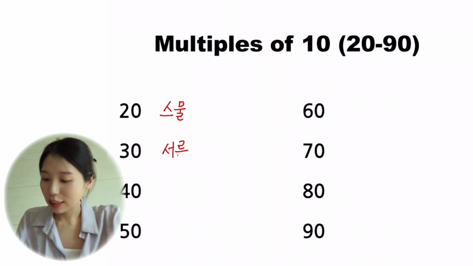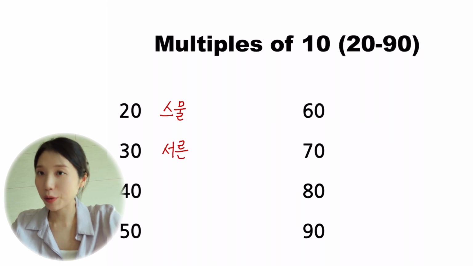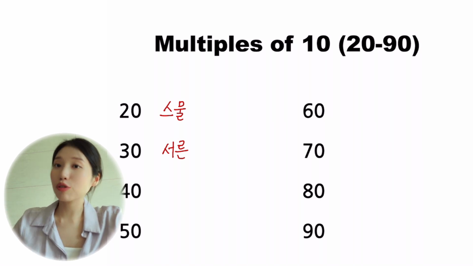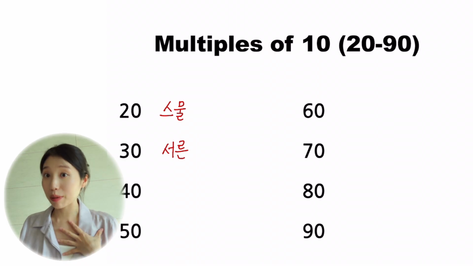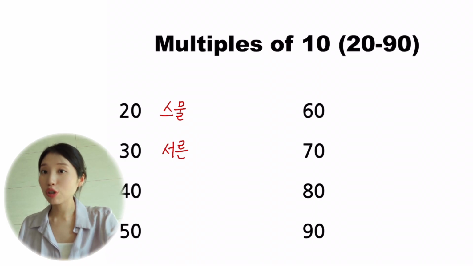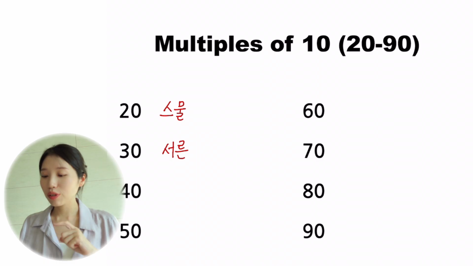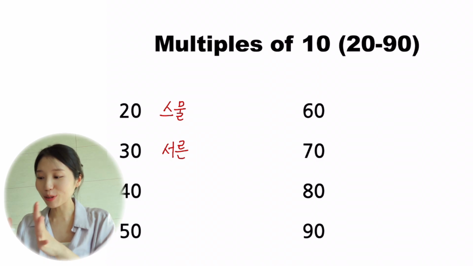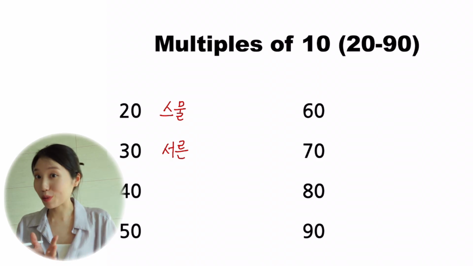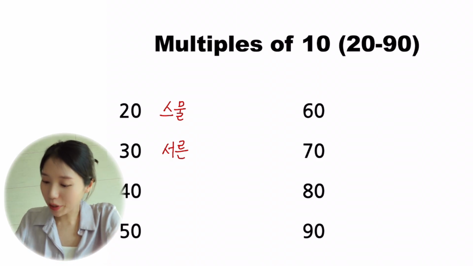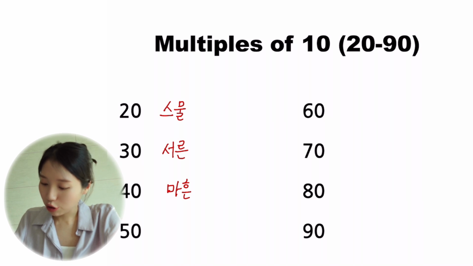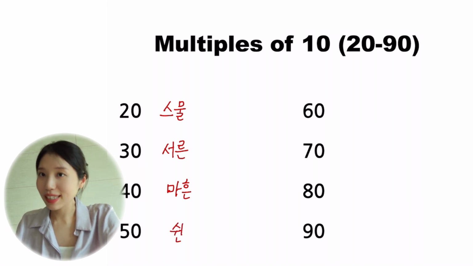서른. By the way, last time, one of the things we have to say in native Korean numbers was our age. Thinking about your age, you can say I'm 27, for example, 저는 27. I'm 32, 저는 32. We have to say it like this. So it's also important to memorize these multiples of 10. Okay, let's keep going. 40 in native Korean numbers, 마흔. 50, 쉰. 60,